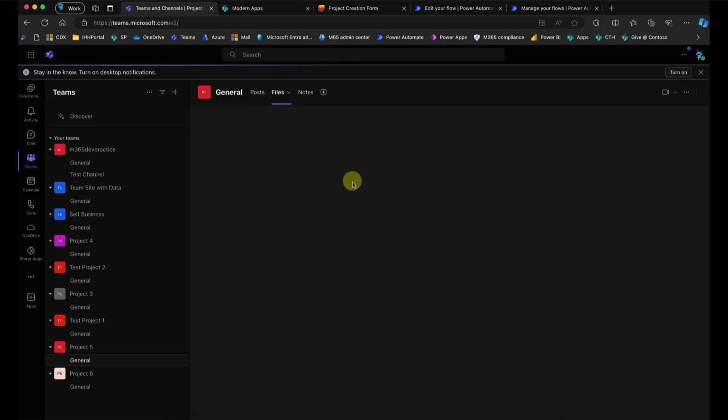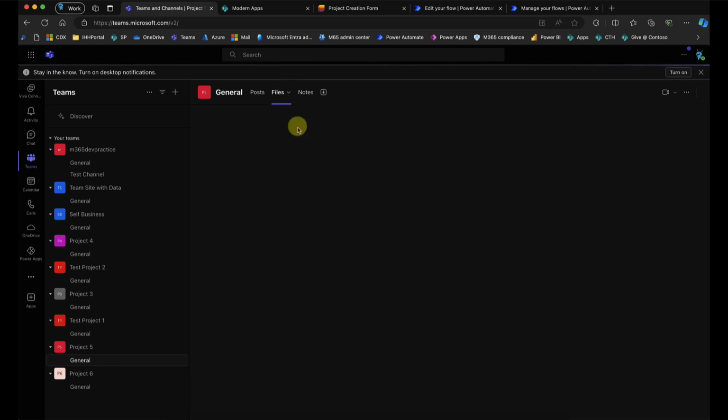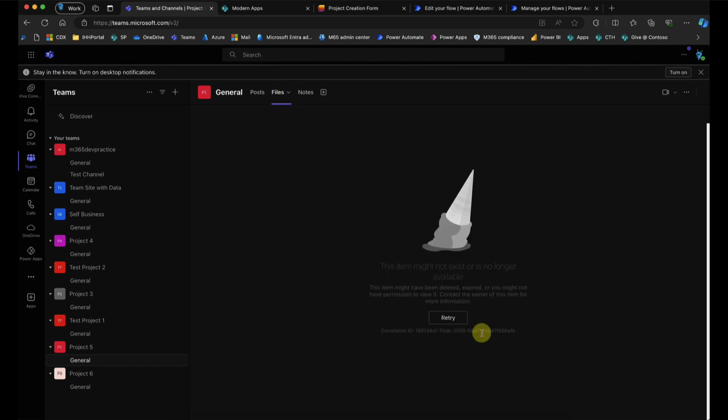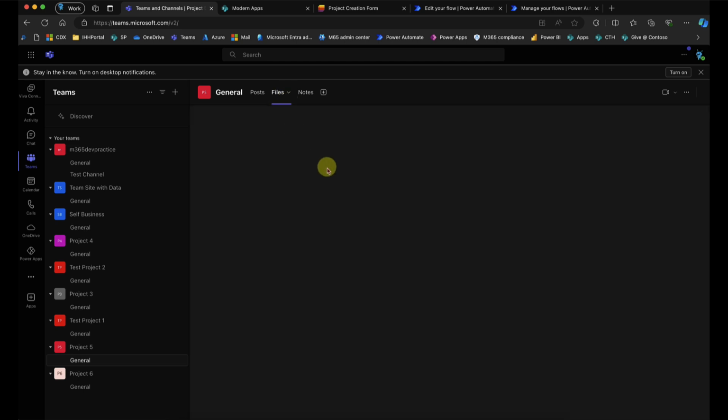The moment you navigate to the Files tab, automatically the folders will be created. Usually for each channel, different folders will be created inside the shared documents. That folder will be created only when you access the